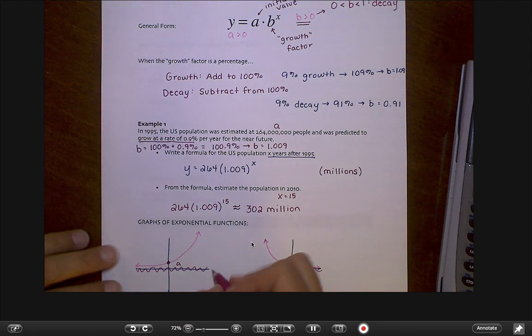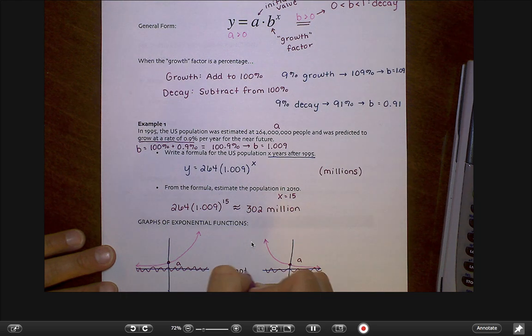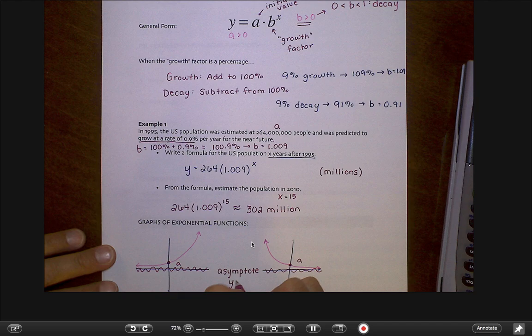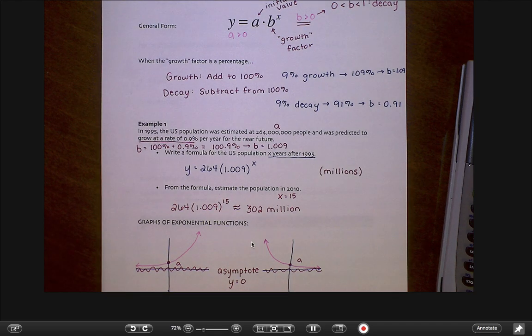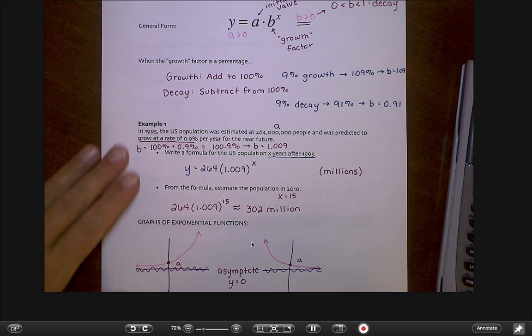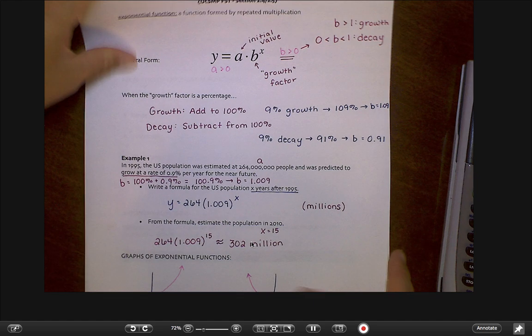Okay, that line is called an asymptote. And I do know we talked about this last year. And for exponential functions, whether it's growth or decay, the asymptote is always that x-axis, otherwise known as y equals 0. Okay, so those are two things about the graph that you're going to need to know. We're going to write down a few more things on the next page. Okay, so on that next page,